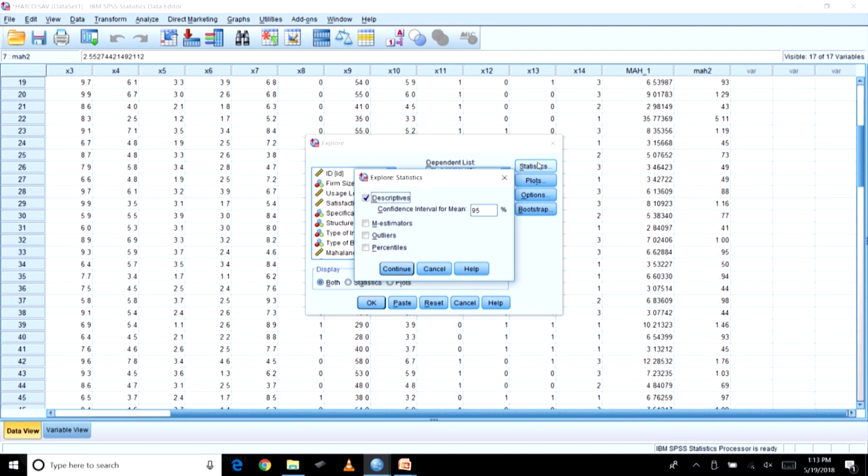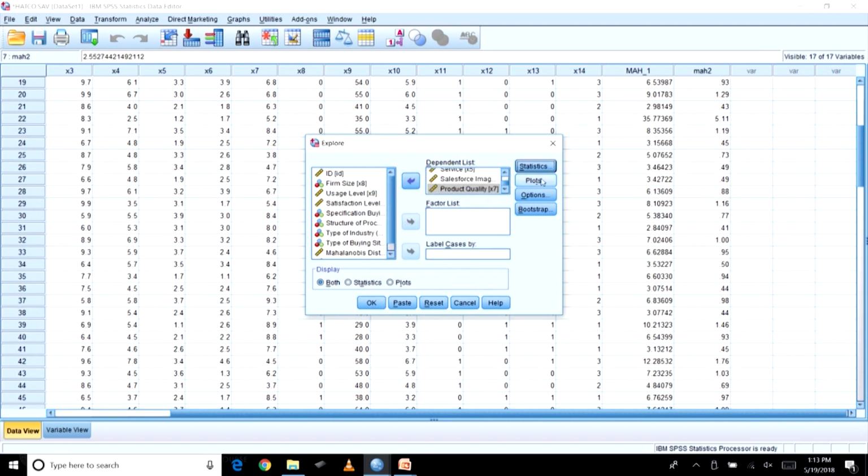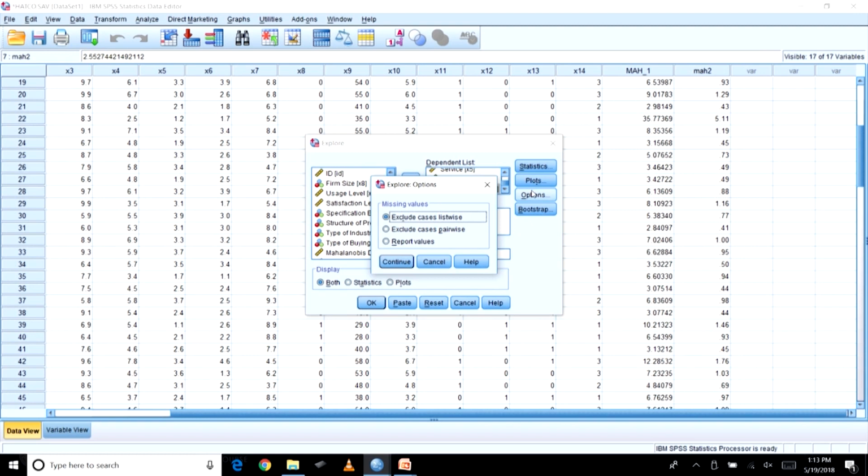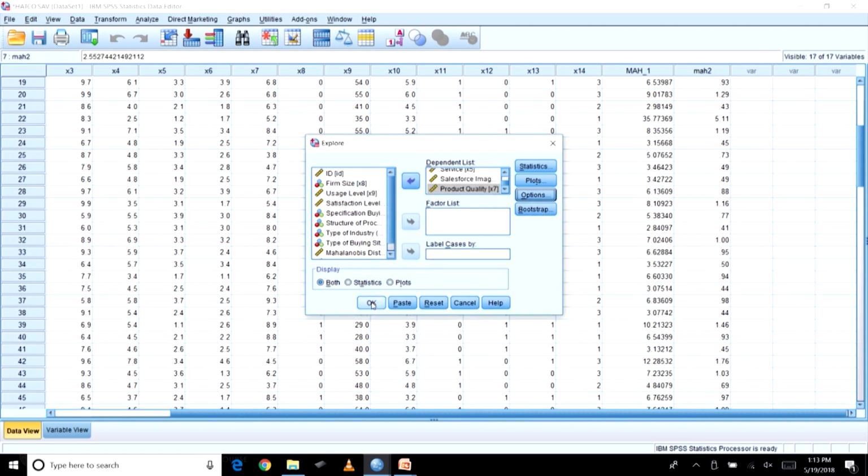So, what I want to do is check, right. You can see even outliers from here also, correct. If you want to check the outliers, there is also a method in Explore where you can see the outliers. Plots. Now, I want a histogram because it gives me some kind of an idea, right. I also want a normality plot with tests. Why it is important I will tell you later on, but have a look at it at the moment. I do not need this.